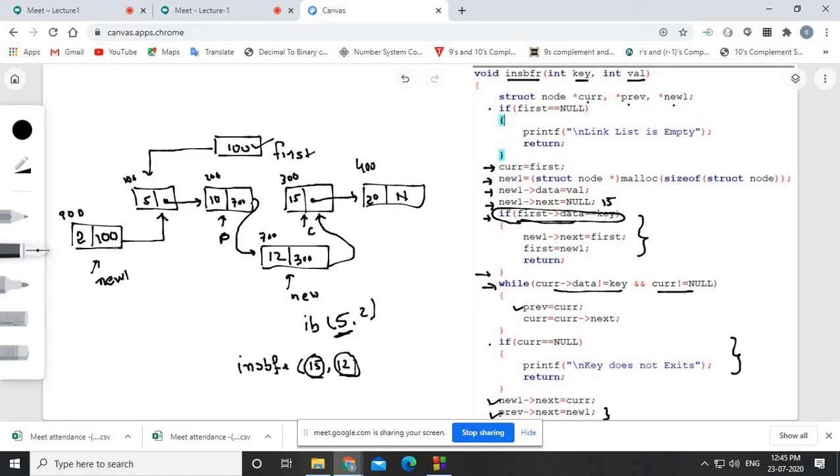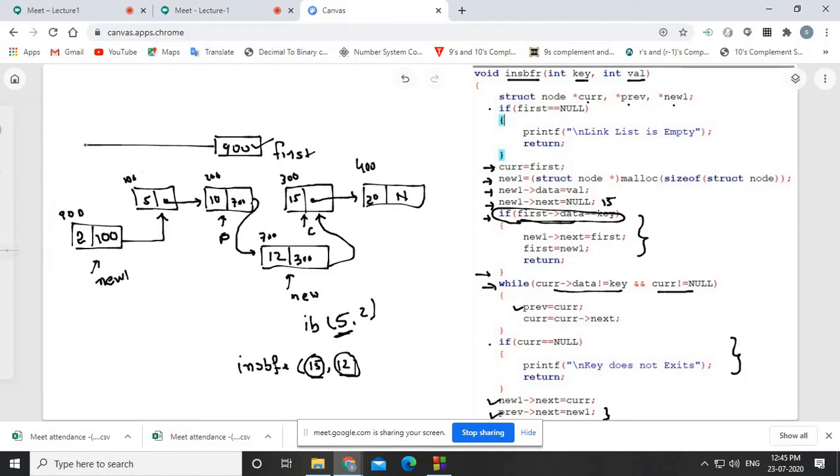And then what you need to do is, now because you are inserting 2 before 5, this 900 becomes your first node. So here what we need to do is, we just have to set 900 as our first node. So here 900 is there. So now the first node will send you to 900. From there what will we get? 2. Then we will jump to 100, and from there we are getting 5. Then we are getting 200, so we can get 10. From there we are just going to 700, right? And so on. Fine. So this is what the program does, right?